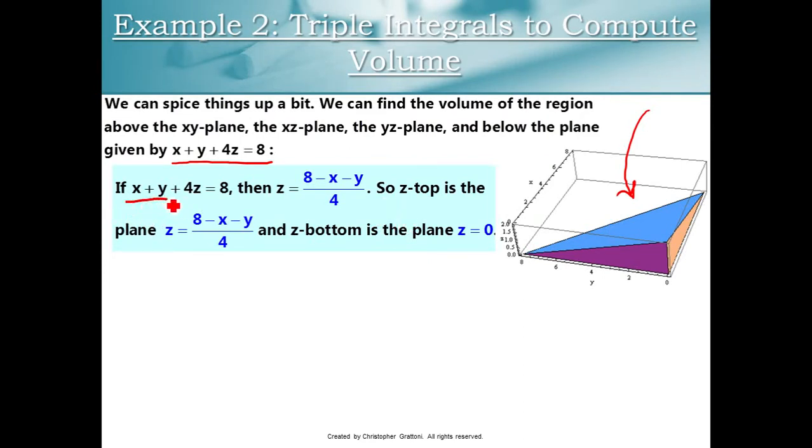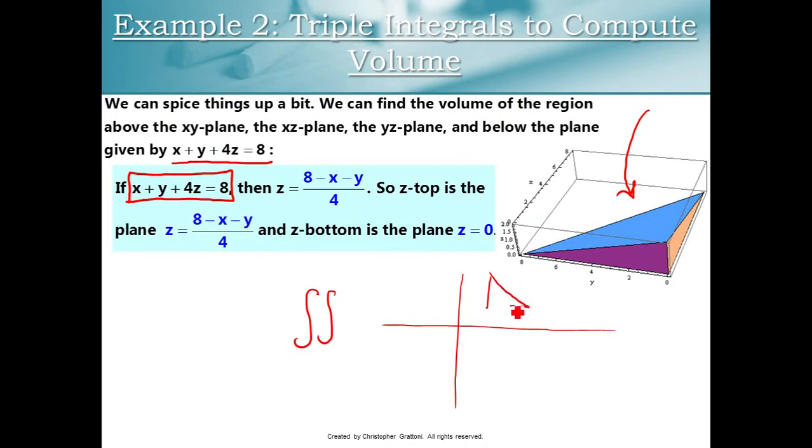Alright, but long story short, if we have x plus y plus 4z is equal to 8, I need to set up limits of integration on a triple integral. And just like when doing double integrals over some region in xy space, you had a top bounding curve and a bottom bounding curve. And that's kind of how you had your top function of x, your bottom function,